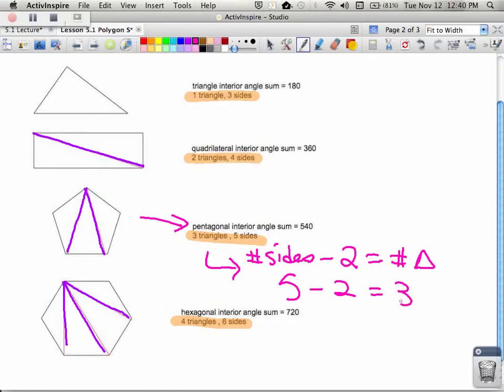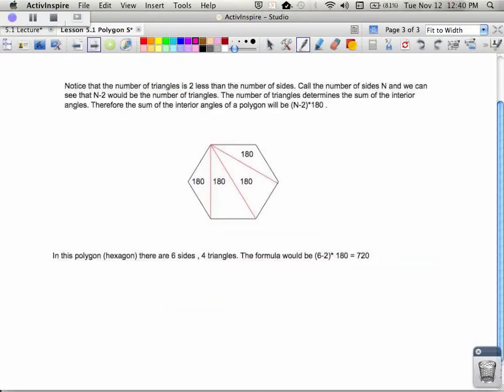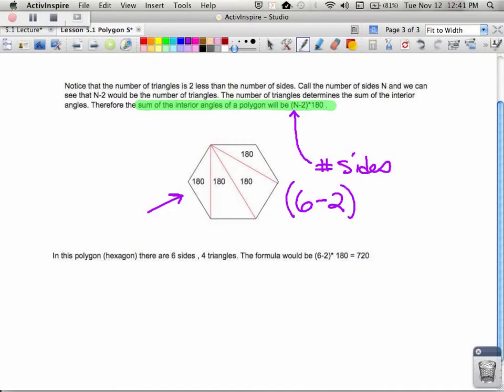We use this idea to come up with a rule. When we look at the rule, what we find is that the sum of the interior angles of a polygon is n minus 2 times 180. The n in this case is the number of sides. Looking at the example we have here with this hexagon, we take 6, which is the number of sides, minus 2, which is the rule, times 180, or in other words, 4 times 180,